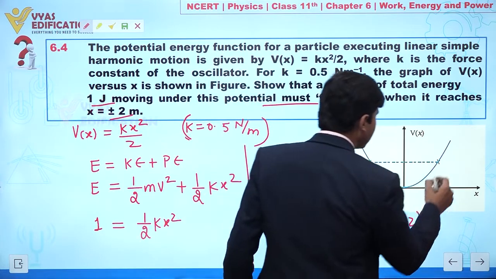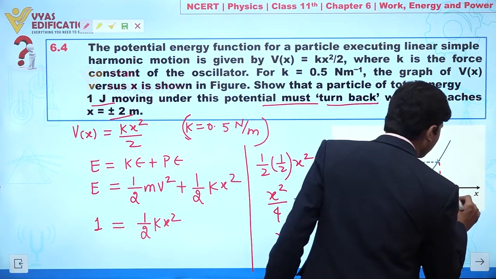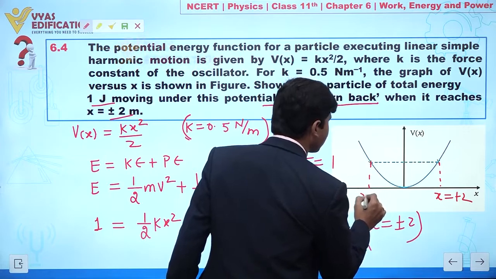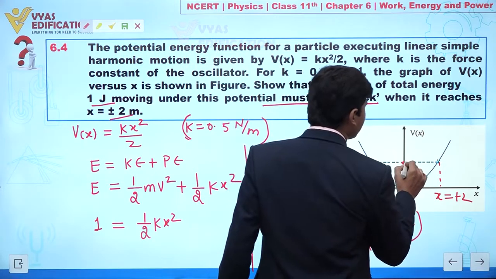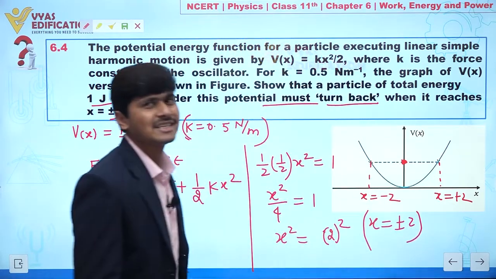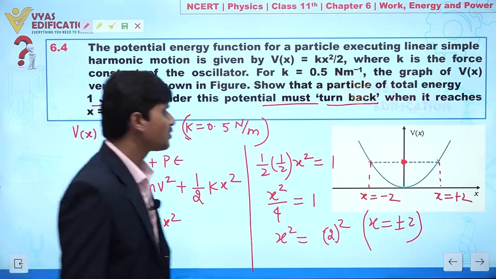So we can say here, this is x equal to plus 2, and let's suppose this is x equal to minus 2. Here we are getting potential energy. This potential energy is equal to total energy. Why? Because I can say